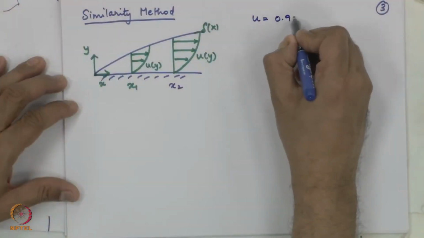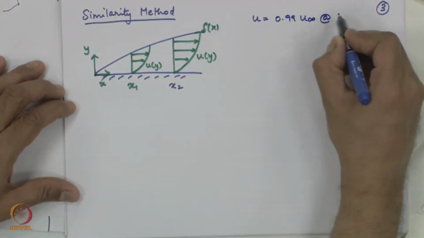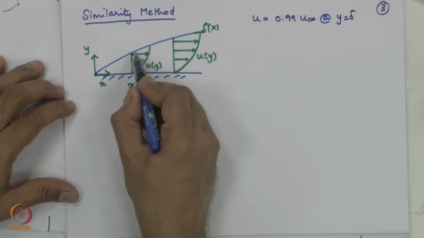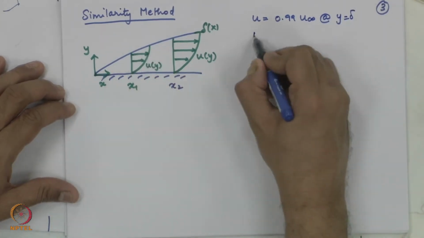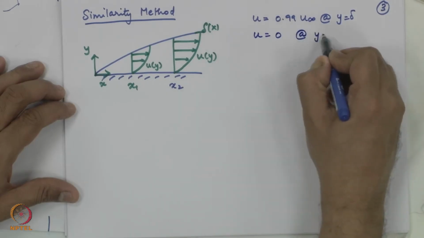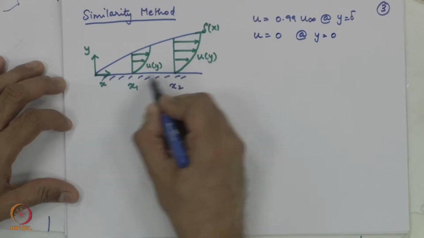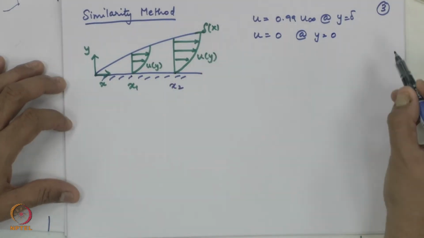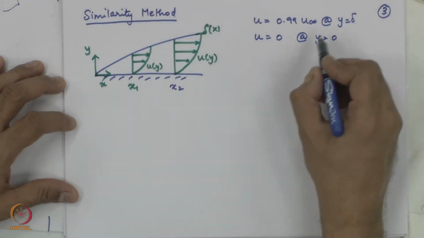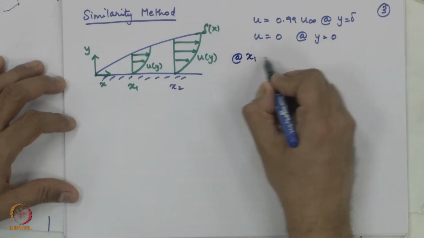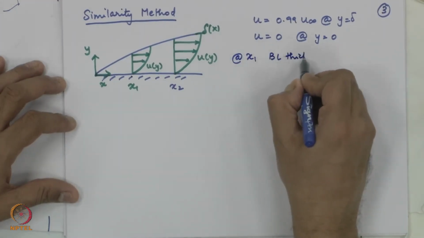This profile at x2 and the profile at x1, what are the limits within which it acts? U is equal to 0.99 times u infinity at y equal to delta. So, the edge of the boundary layer everywhere is this; u equal to 0 at y equal to 0, right. So, both these have the same starting value and the same ending value for the velocity. One thing is, at x1 boundary layer thickness is